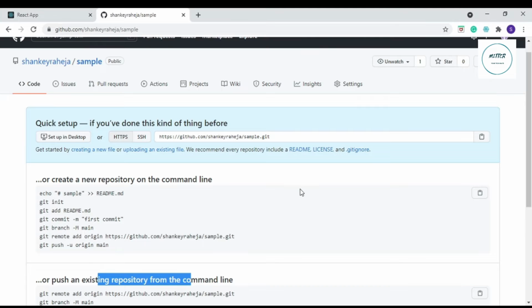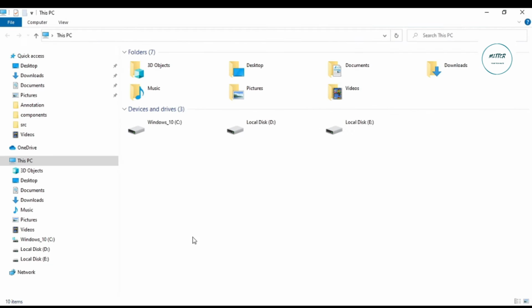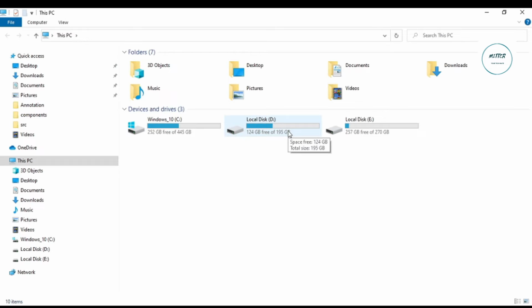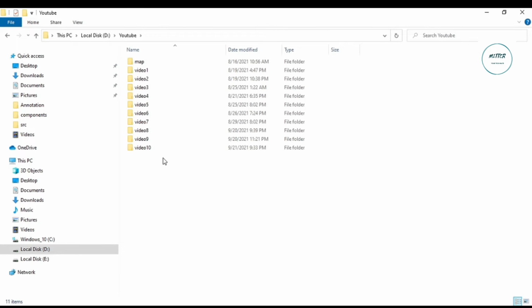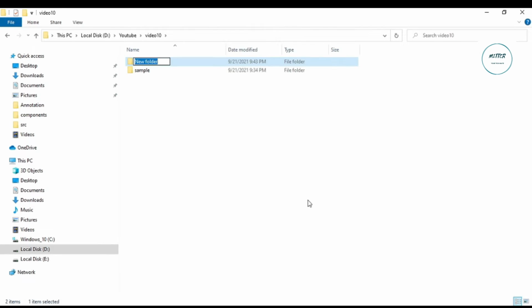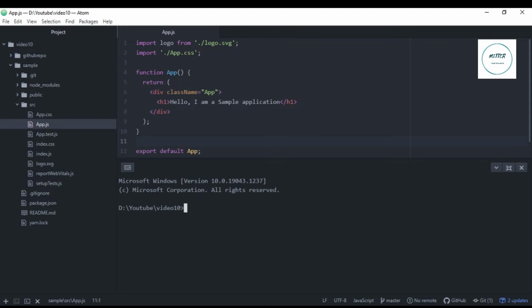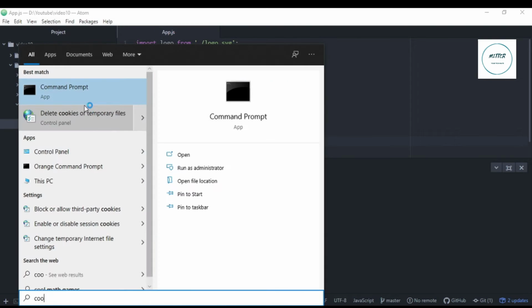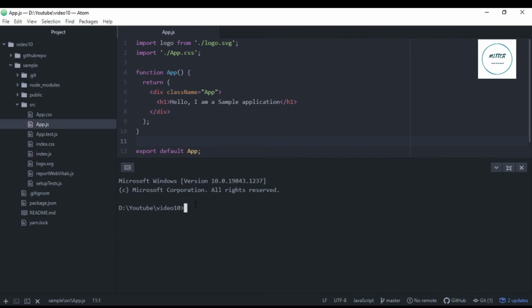So in order to clone this repository, first of all, I need to have a folder where I'll be able to clone it. So let me create a folder and name it GitHub repository. I've created a fresh folder where I'm going to clone this repository. From my command line, you can even open a command line from here if you are on Windows. I already have it open in my code editor, so I'm going to use this. I'll go to that specific folder which I created, and that was GitHub repository.